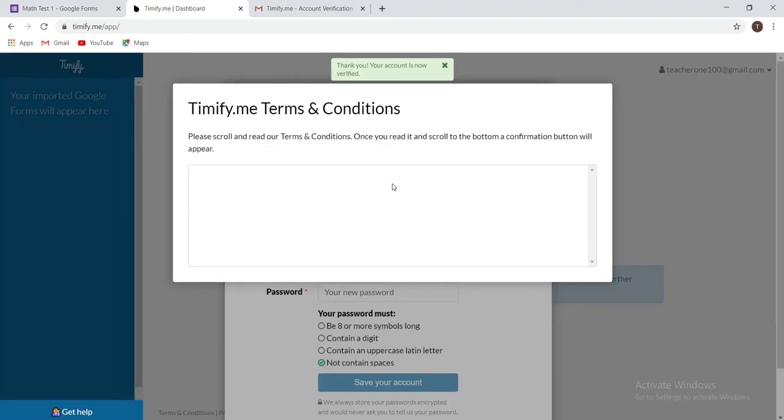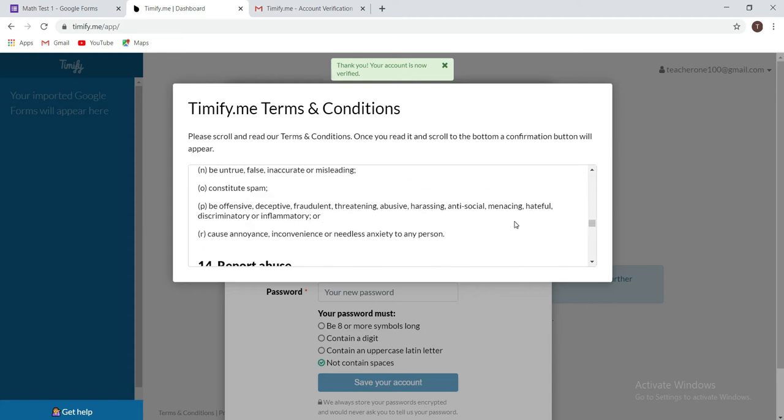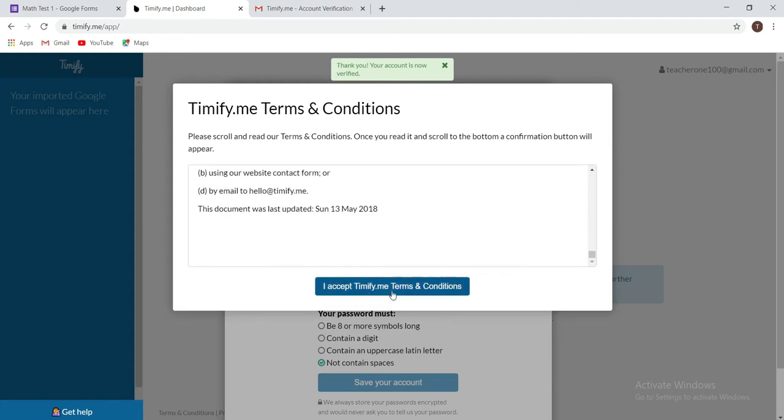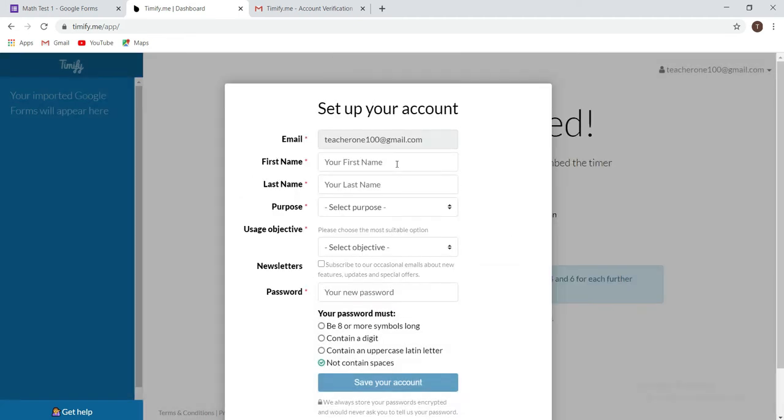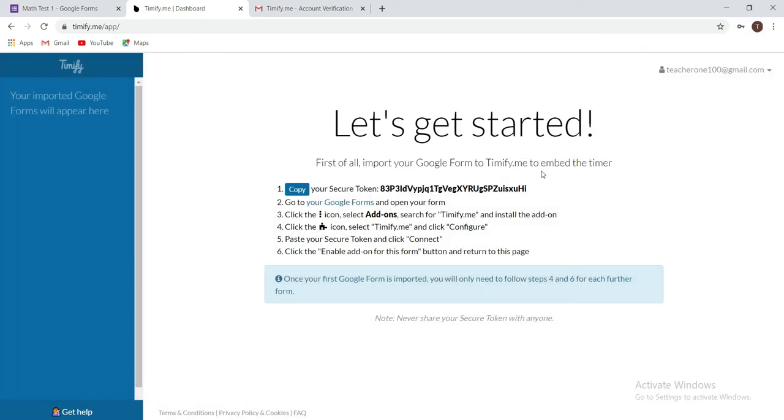Once you complete the validation work and accept the terms and conditions, you're ready to use Timify Me. So complete your profile. The password has certain specifications. Now, once you have completed all the required details of validating your account and adding a password, creating your profile,